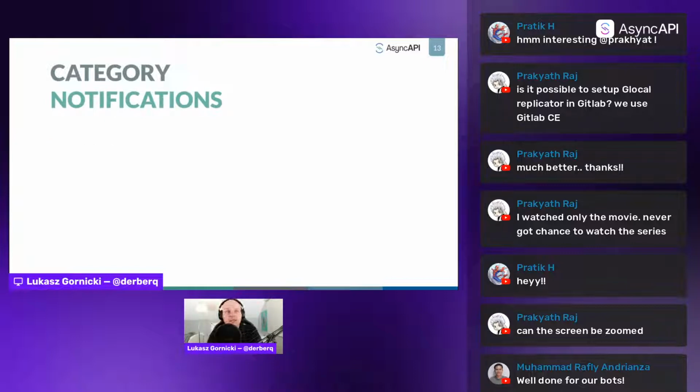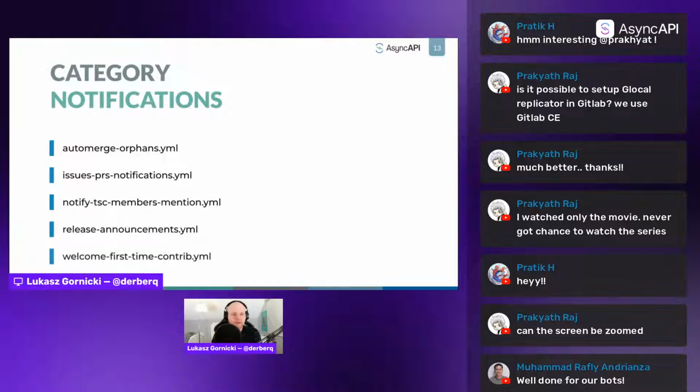Category notifications. Oh, five. So we have five workflows. First is this auto merging of bots. Sometimes there's a lot of it. Dependent bot, some other updates, workflows,